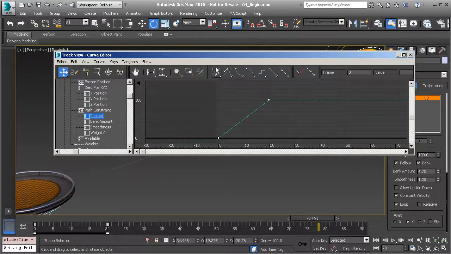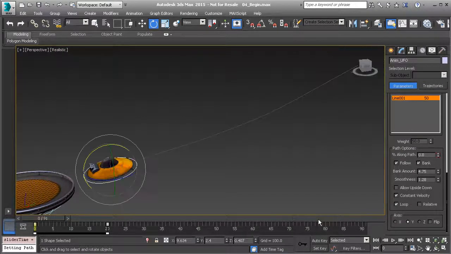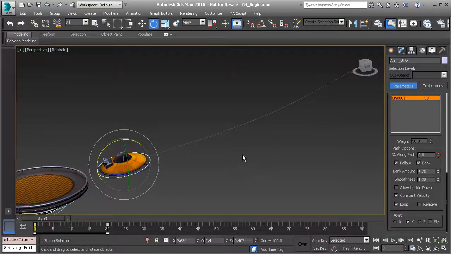But by doing it this way, you can convert them to any one of these tangent presets, as opposed to what we saw earlier when it was set to linear float. Well, we were stuck with that, right? But once you convert it to a Bezier float controller type, you have access to all of these. Awesome stuff. So again, in this lesson, we learned about path animation and how it can be used